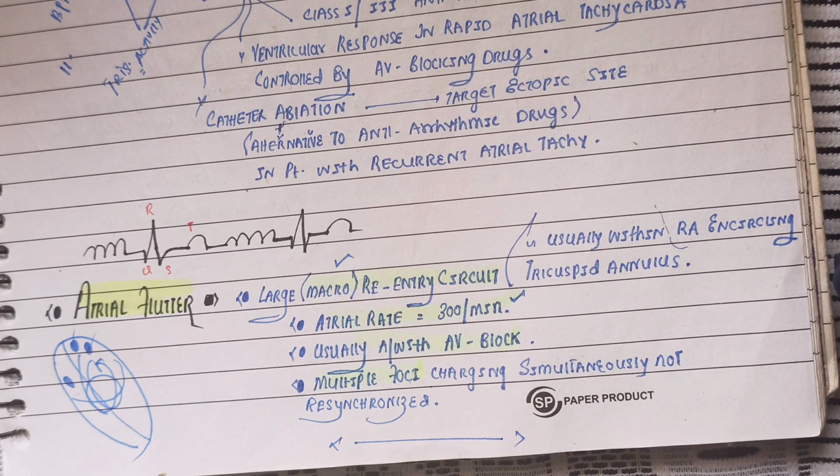And if there are some foci present in the heart, in the right or left atrium, or even around the tricuspid annulus in particular, and they are firing at a rate of 300 per minute, and they are producing that much atrial contractions, what changes are you expecting on ECG? If there is something present in the atria, named as ectopic focus, firing at a rate of 300 per minute,